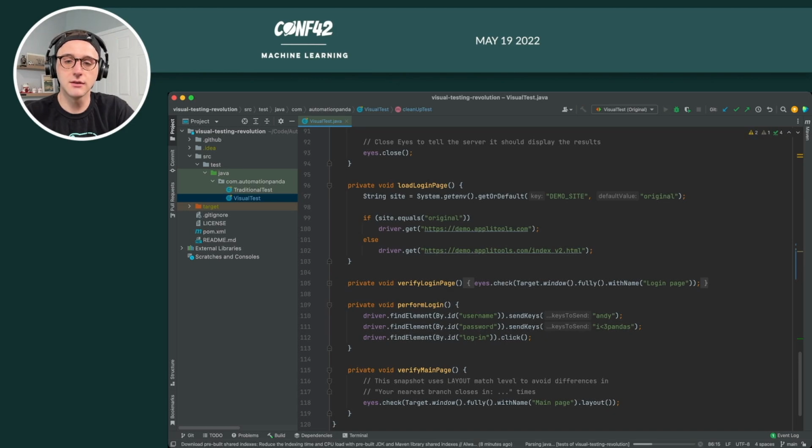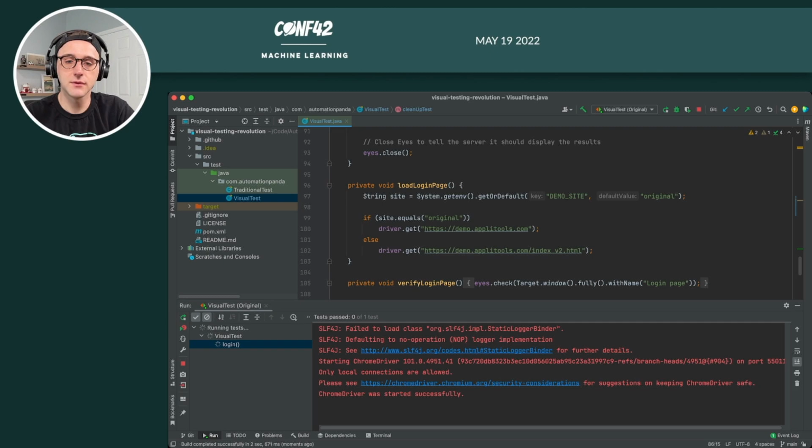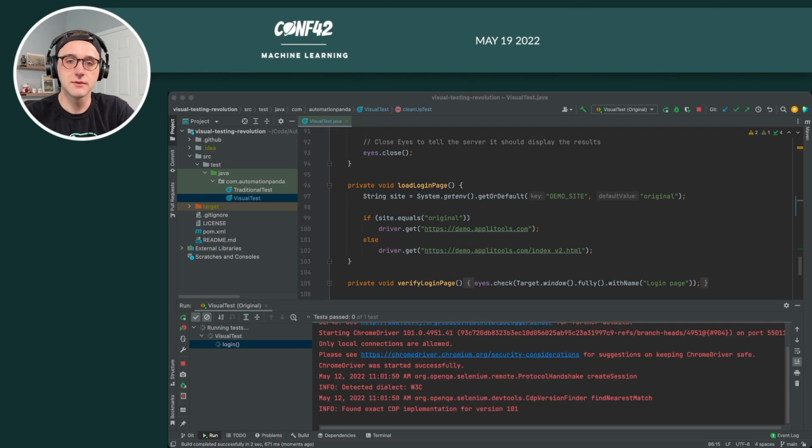And now IntelliJ IDEA will run our test. It should take only about a minute. So right now it's running it locally. Now it's going to upload the snapshot to Applitools Ultrafast Grid. And if I switch over to the dashboard,